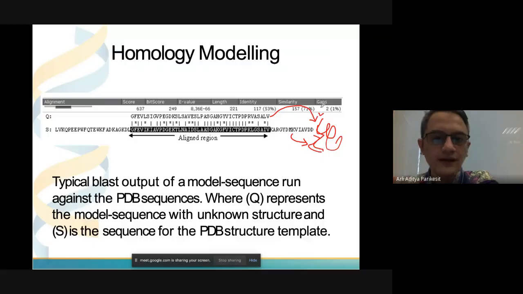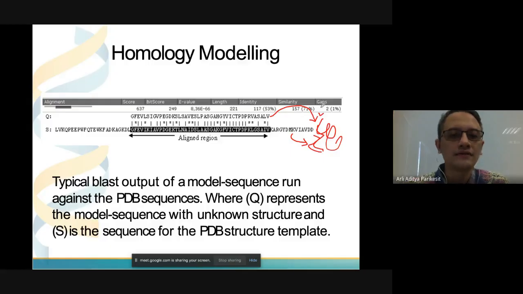You can read many scientific articles about the SARS-CoV-2 virus, for instance, on drug design and vaccine design. Many of those articles are using these homology modeling methods because it's very simple.